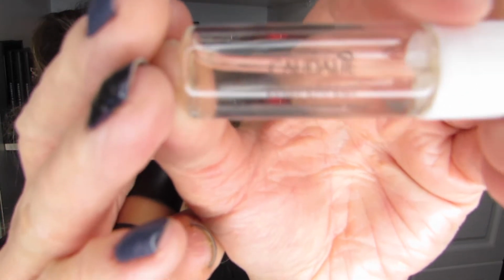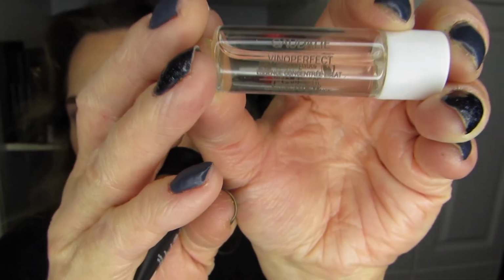Let's go for the second skincare product out of the 3, the second and last one, and it is the Kadali Vino Perfect. And this is a skin tone evening product, meaning it addresses dark spots. And so I've been using it on my cheek area on both sides. I used to have some pretty marked, pardon the pun, brown